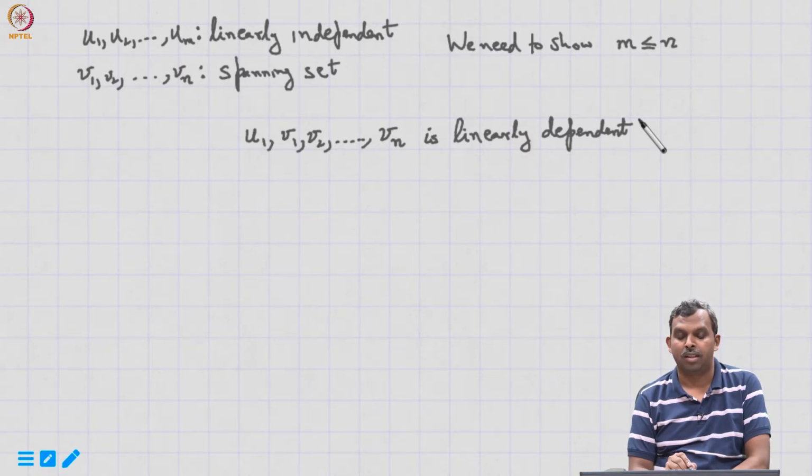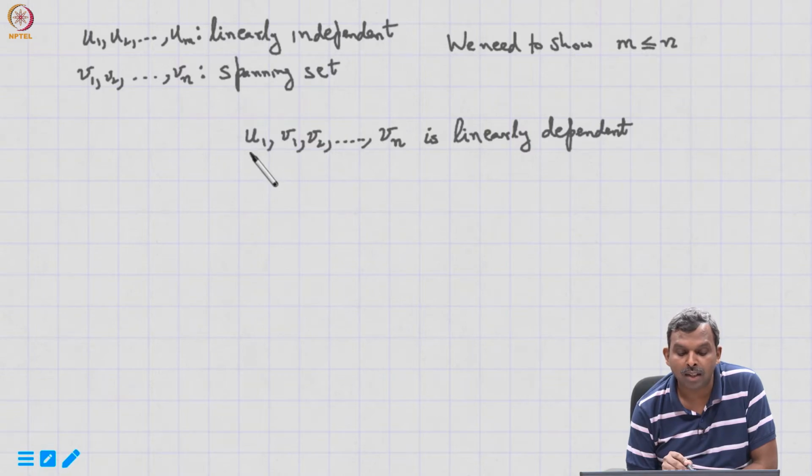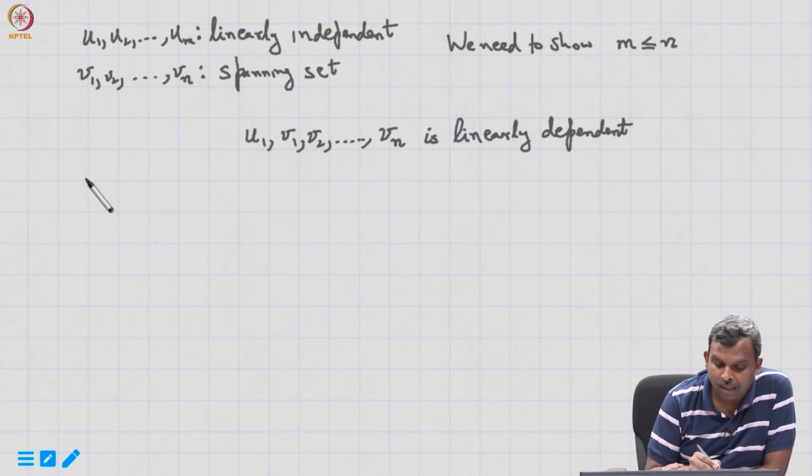So think about why this is linearly dependent. Why is that? Because v1 to vn is a spanning set. So u1 can definitely be written as a linear combination of v1 through vn. u1 is also a vector in the same vector space and v1 through vn spans the entire vector space. So u1 can be written as a linear combination of v1 through vn, and that makes it a linearly dependent set. So now by the linear dependence lemma,